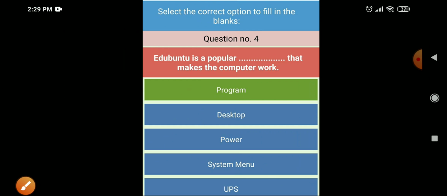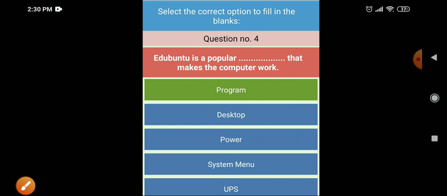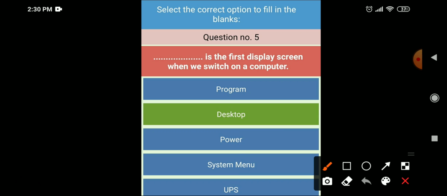Next: Ubuntu is a popular dash that makes the computer work. Ubuntu is a popular program. Next fill up: dash is the first display screen when we switch on the computer. So the first screen when we switch on the computer is the desktop.